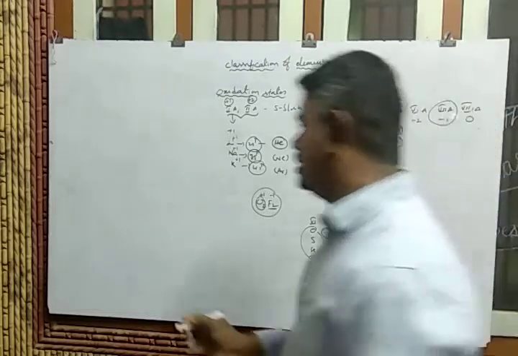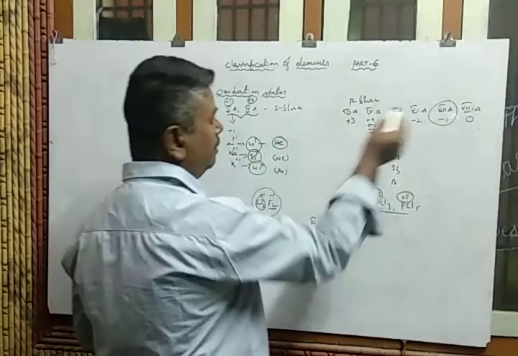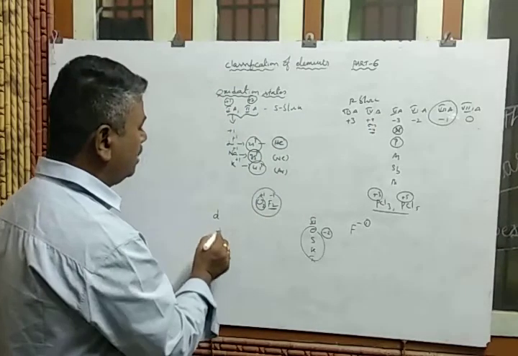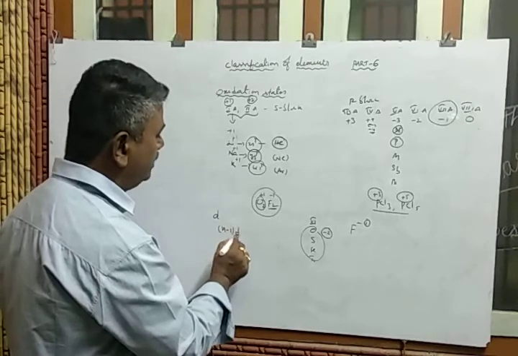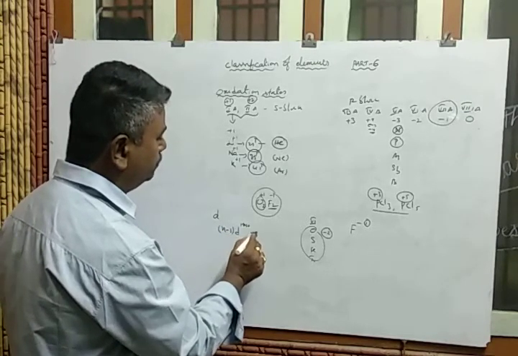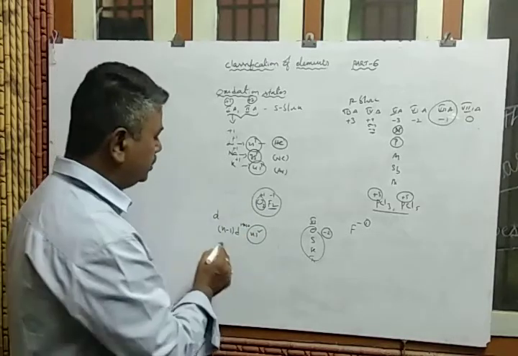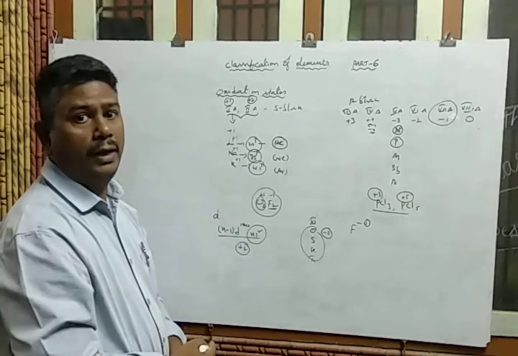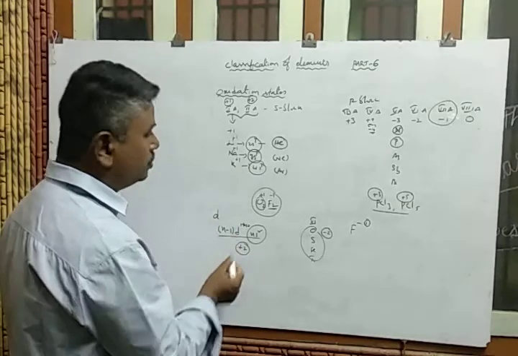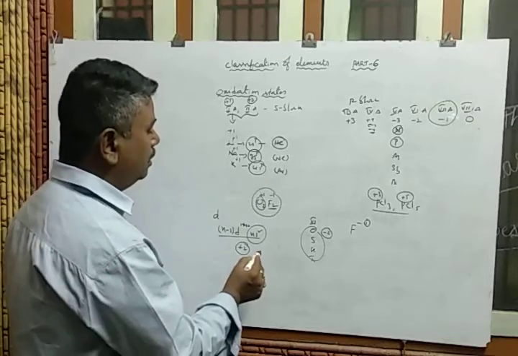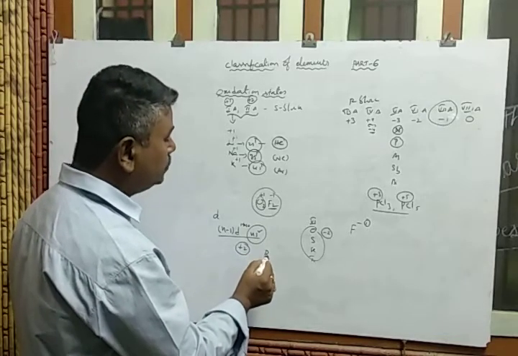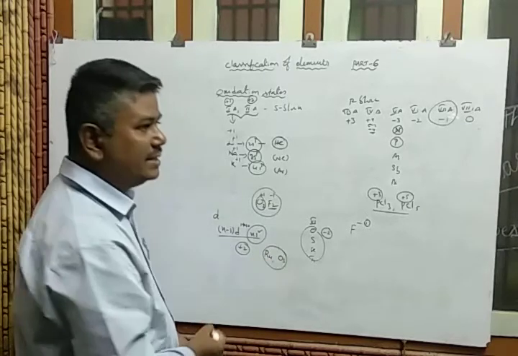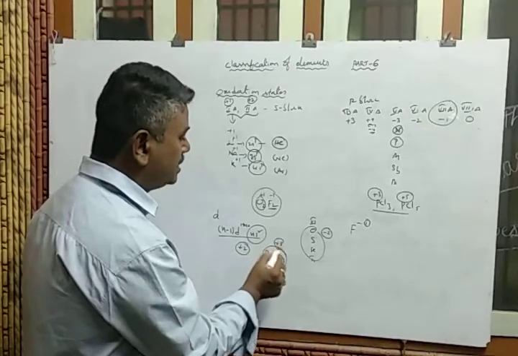Whereas in the case of d block elements, that means transitional elements, the general electronic configuration is (n-1)d 1 to 10 ns2. Am I right? So that's why the d block elements can show the +2 oxidation state. And in these elements, ruthenium and osmium show the highest oxidation state, that is +8.